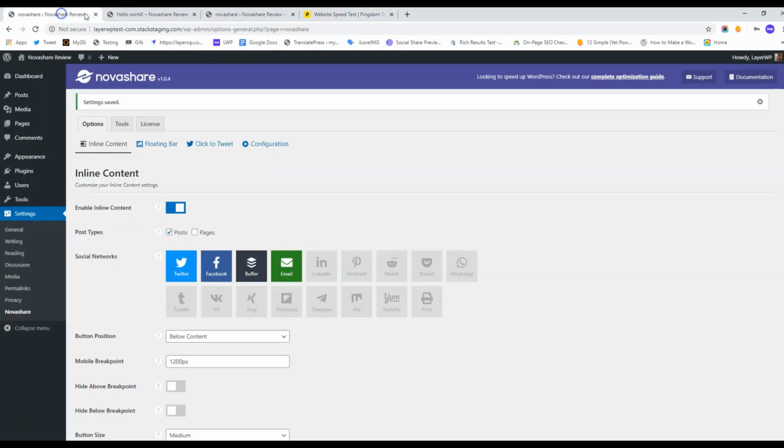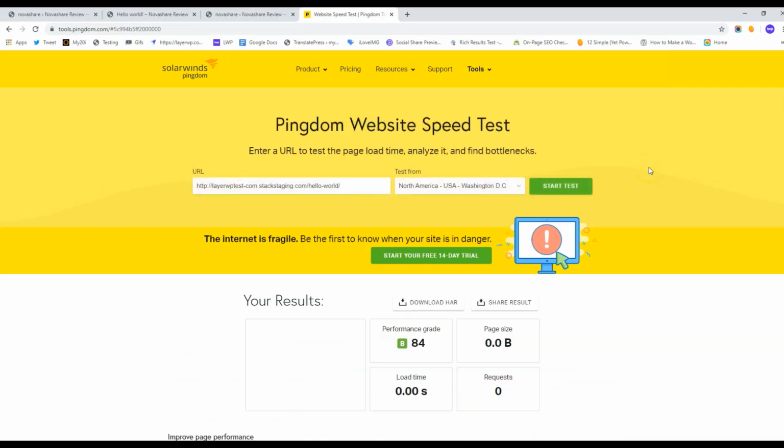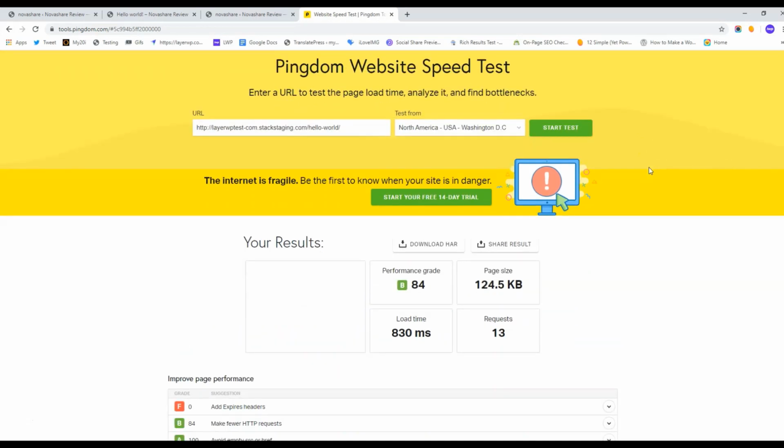I don't have any other settings on floating social. I don't have a click to tweet box in there. I'm probably going to do another test afterwards with absolutely everything to see if that really does make a difference. Okay, it's almost done. Sorry about the wait, folks. Tale of the tape time, drum roll, and it's